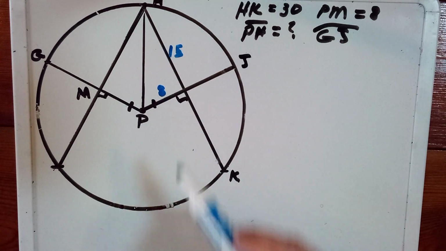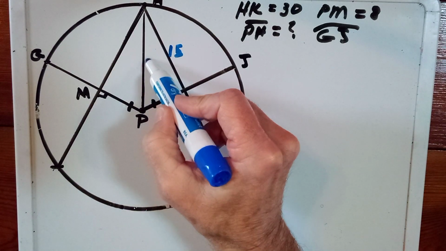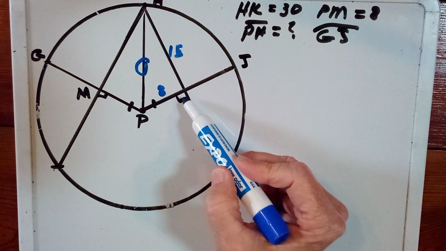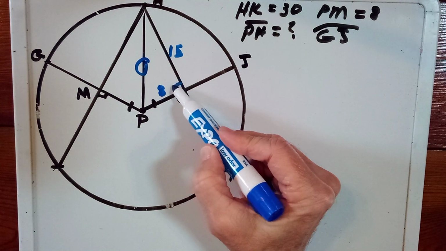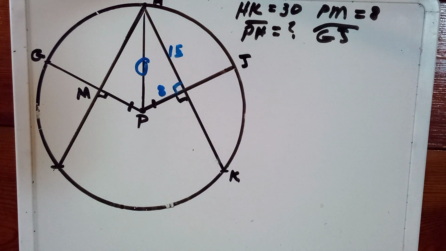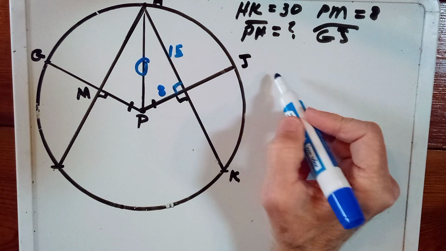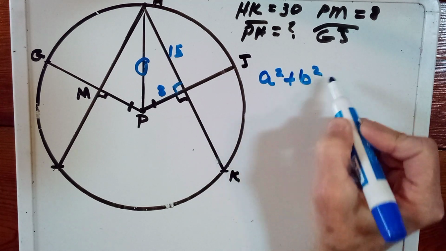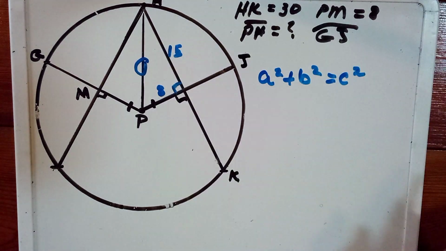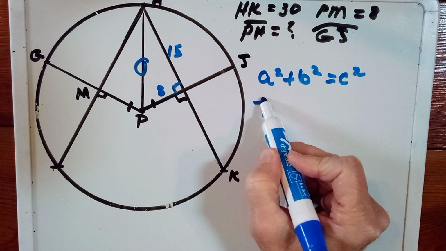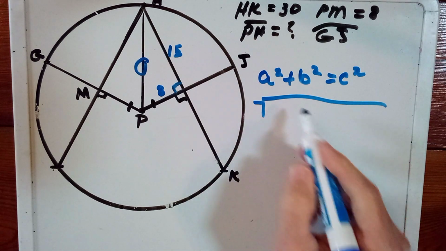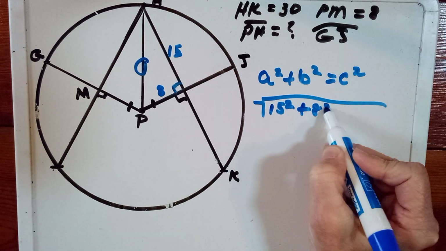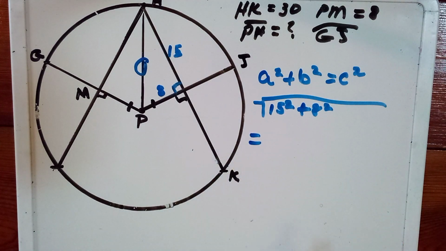We're now asked to solve for PH, this leg right here. Since this is 90 degrees, we also know this is 90 degrees. So we have a right triangle, and we can use the Pythagorean theorem: a squared plus b squared equals c squared. So solving for c, I know it's going to be the square root of 15 squared plus 8 squared. And that is going to equal